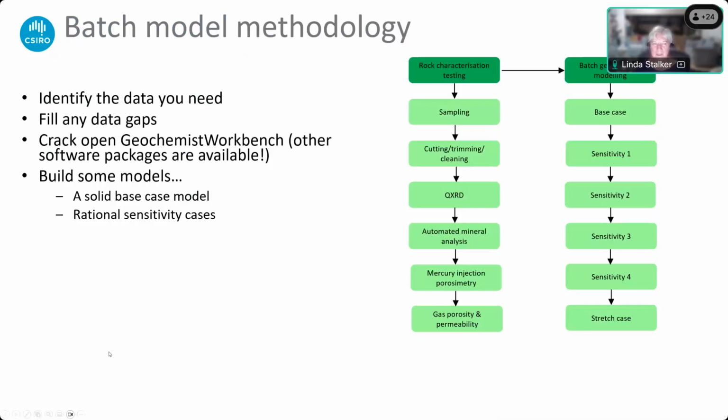So with the sensitivity cases, we're maybe changing mineralogy, we might change porosity to increase the amount of fluid present to increase the reactivity, or change surface areas and so forth as we go along. We might, and we quite often will, include a stretch case where we're trying to slightly break the model, but not really, and we're not trying to go out with the bounds of the data that we have